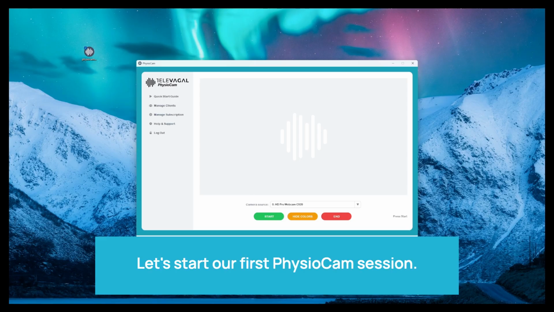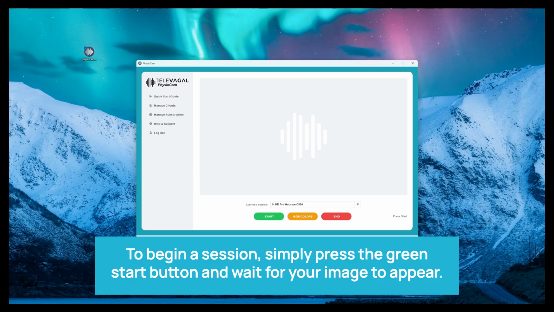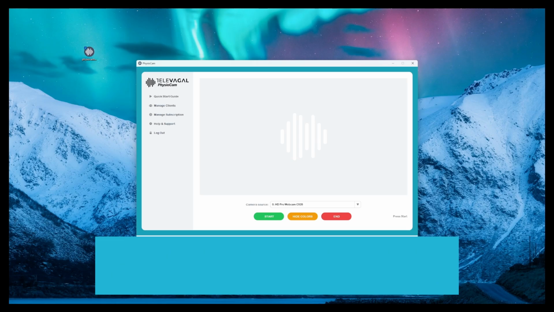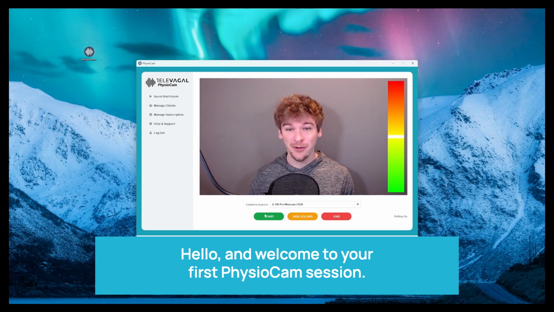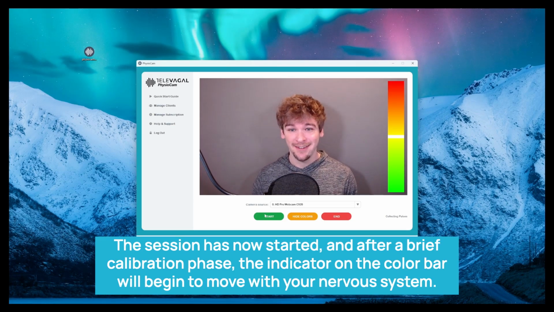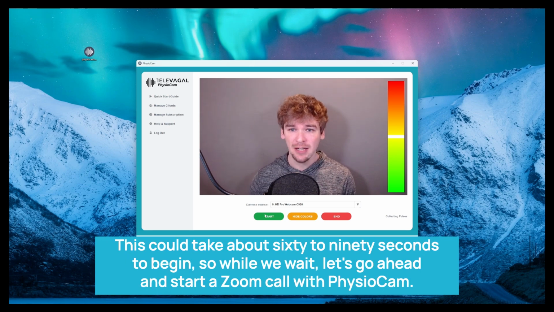Let's start our first PhysioCam session. To begin a session, simply press the green Start button and wait for your image to appear. Hello, and welcome to your first PhysioCam session. The session has now started, and after a brief calibration phase, the indicator on the color bar will begin to move with your nervous system. This could take about 60 to 90 seconds to begin, so while we wait, let's go ahead and start a